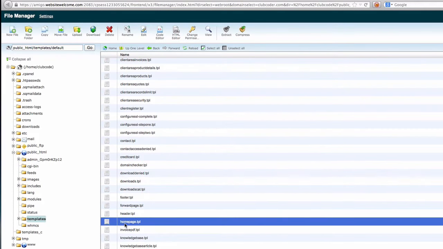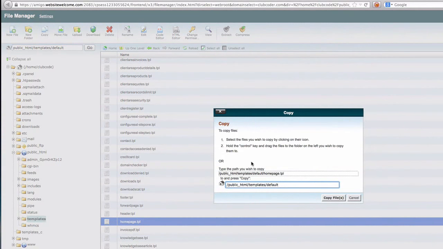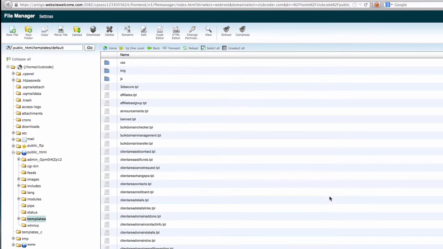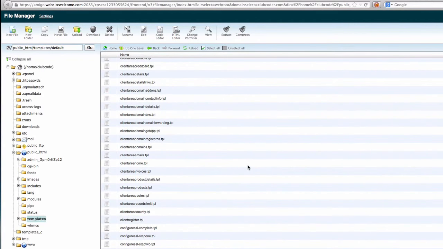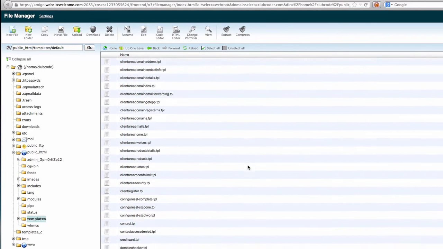For home page, I'm going to copy another one, do a copy here, and then webhostingpartner.tpl, sorry, or partners. We're going to have a lot of partners. Copy that. So we have 2 new files, but let's make those files blank,